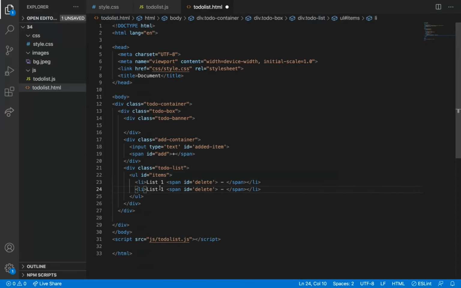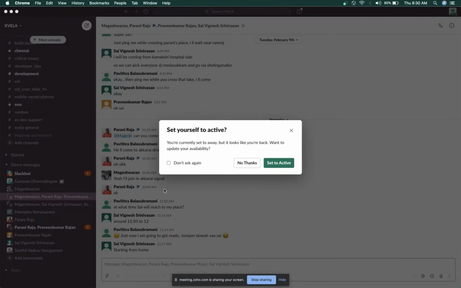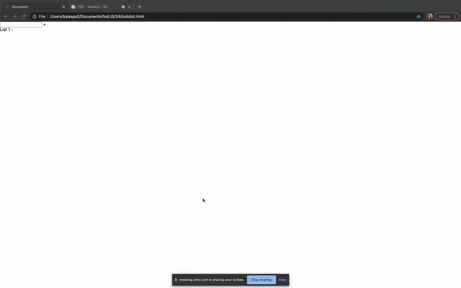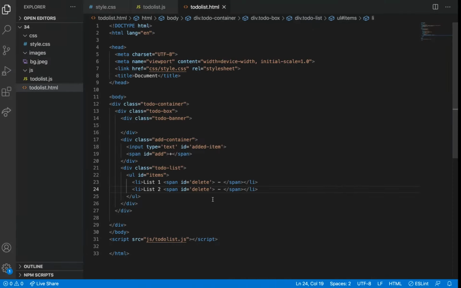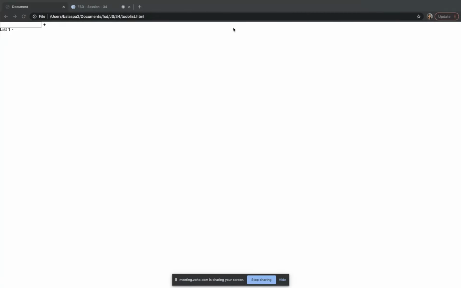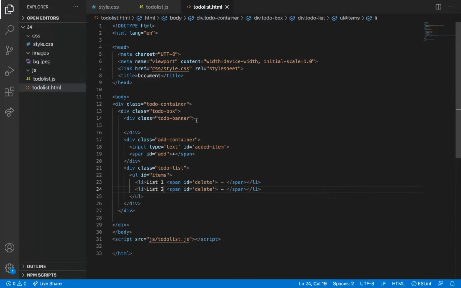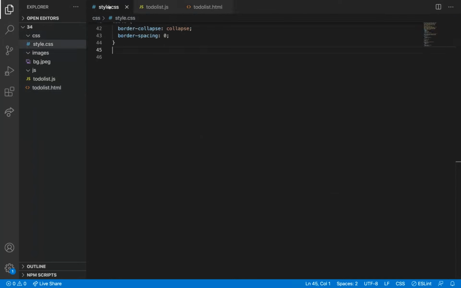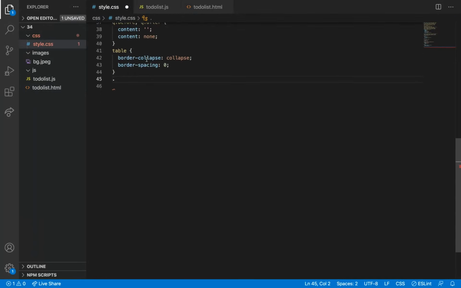We are going to add a color to it. I have added reset CSS.